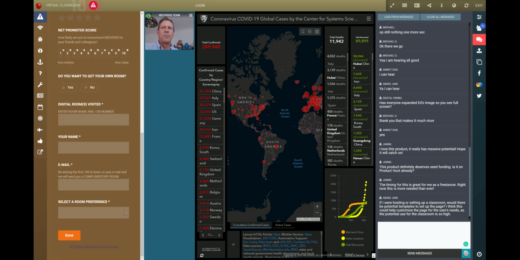We'll send you a complimentary room, but you're going to have to start working on it. We'll send you a few codes that you just copy paste and so on. But the idea would be really to get people involved in providing solutions, so that we can deploy them to as many schools as possible, so that we can make our small contribution to this catastrophic situation